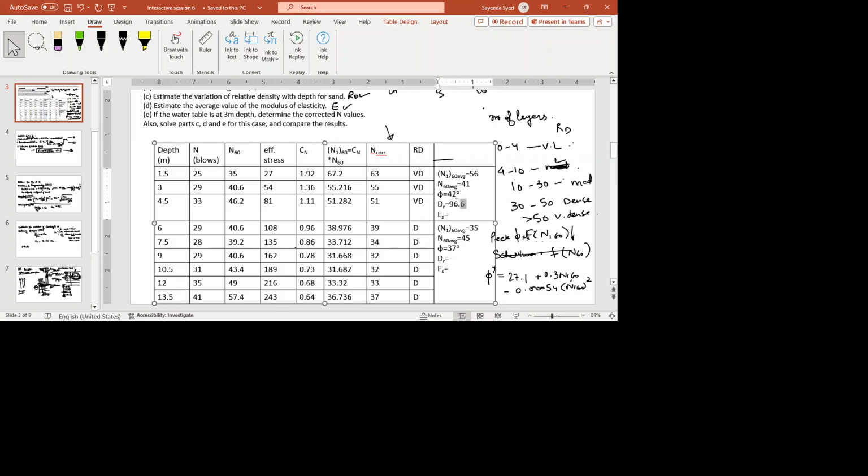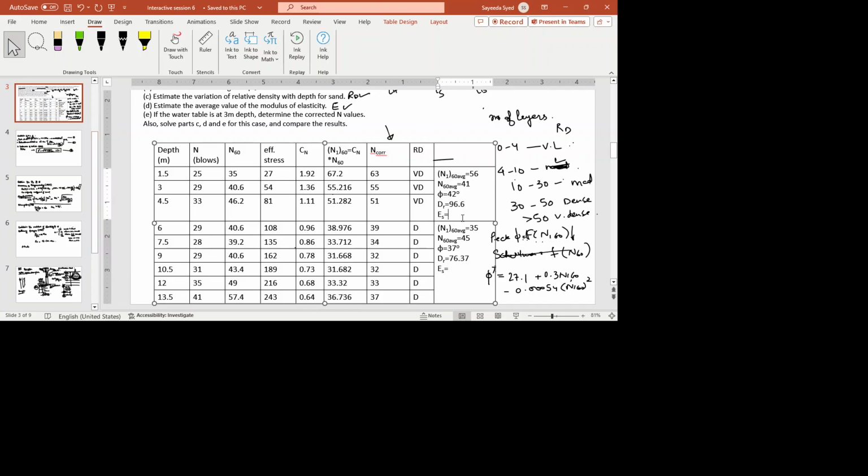So if this was coming out to be less than 35, this relation would not be used, and here it will be under root of 35 over 60. So this comes out to be 76.37 Dr. So both of these are dense and very dense sands. Okay,